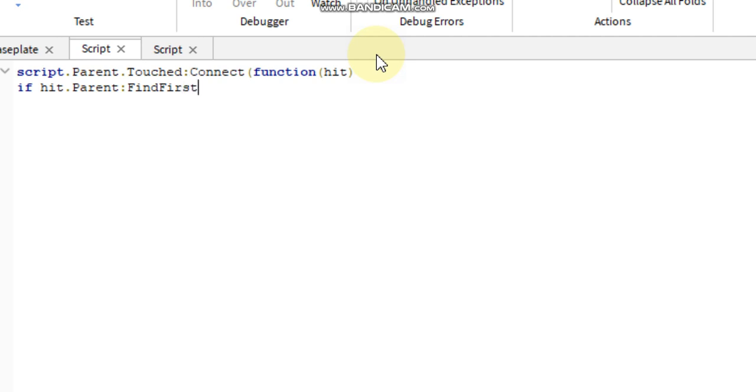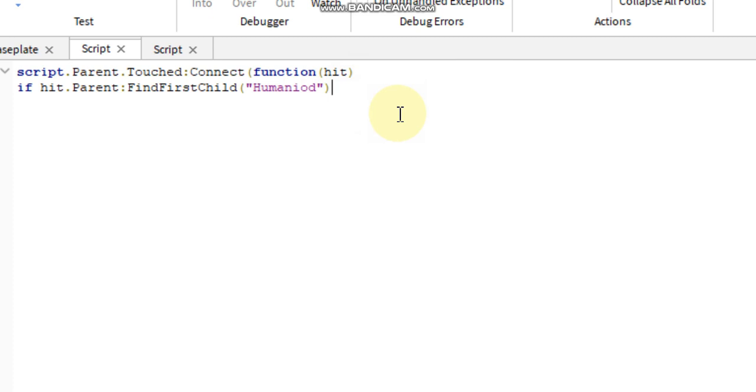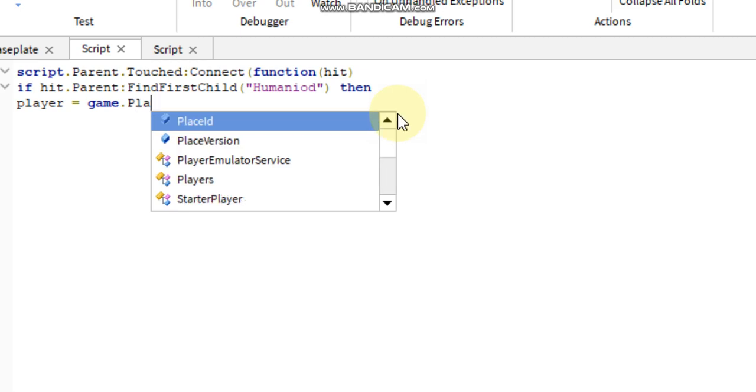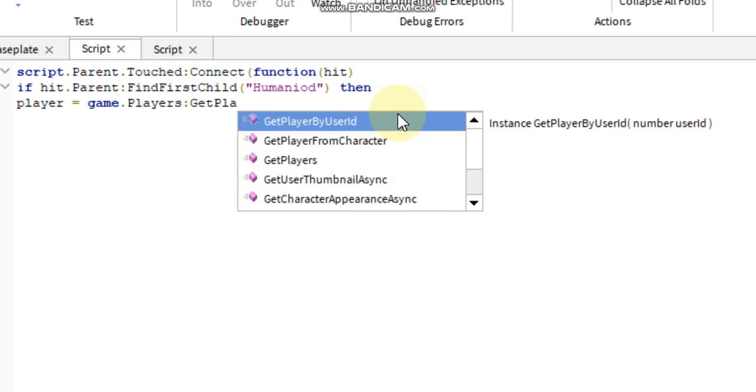:FindFirstChild("Humanoid"). Whoops, I'm so sorry about that, guys. I accidentally X'd out Humanoid. Then once you type that, we want to type: local player = game.Players:GetPlayerFromCharacter